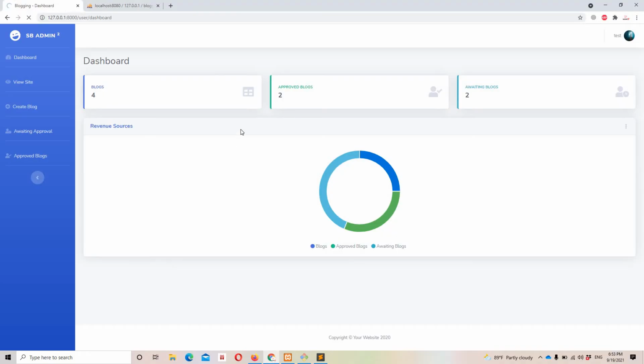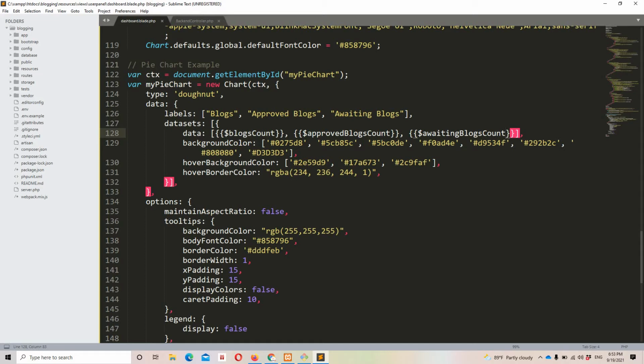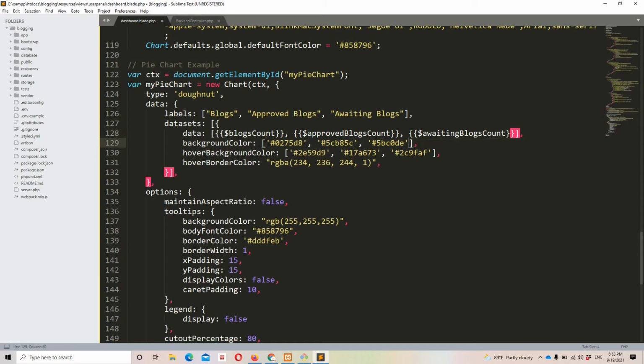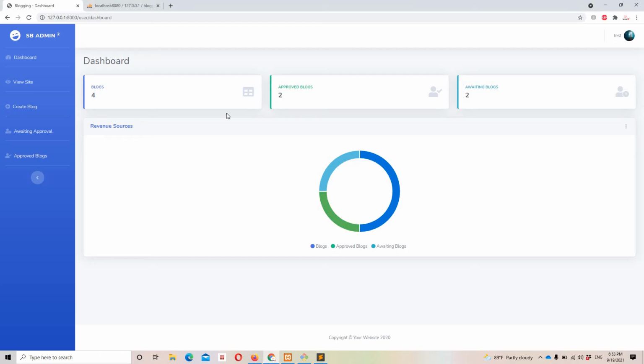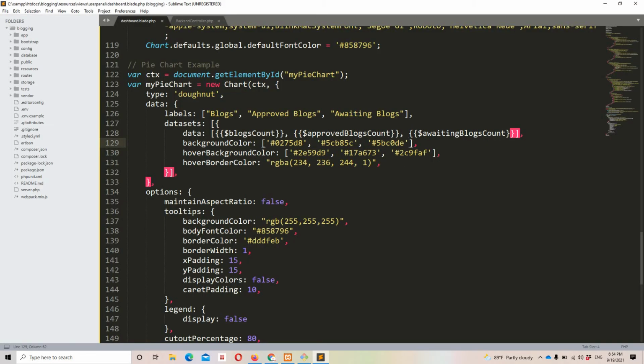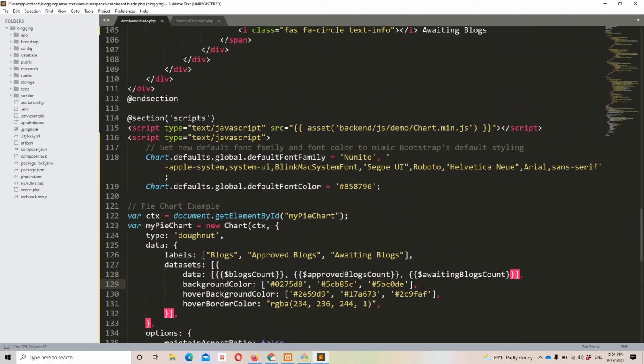And let's do a refresh. Okay, and one more thing, actually we don't need all these colors, so in my case I need only 3, so yeah, that's fine. Let's do a refresh. And one last thing, as you can see we have our count right here, so 4 2 2, which is fine. Now the last thing I want to do is I need to remove this, so yeah, okay, let's move